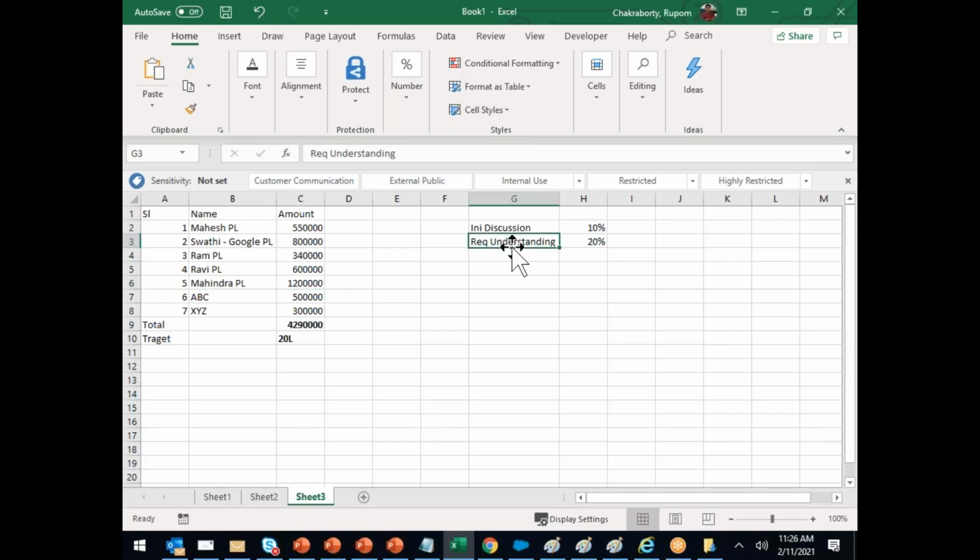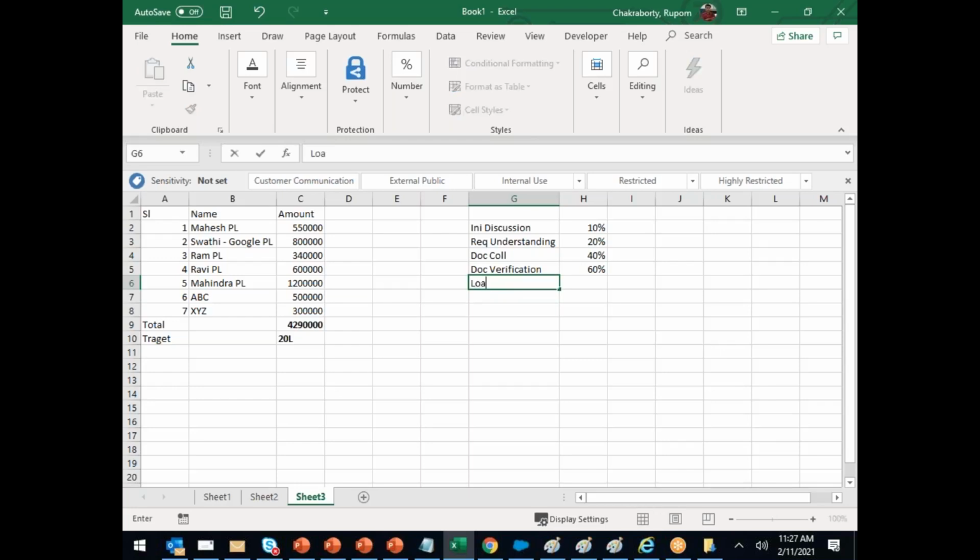That is the reason there's something called understanding requirement. And then I will say doc collection. Whenever a doc is collected, 40% work is done. Next, I will say document verification. Once the documents, because he will be giving Aadhaar card, PAN card, salary certificate, we will verify those documents. I will say that 60% work is done.